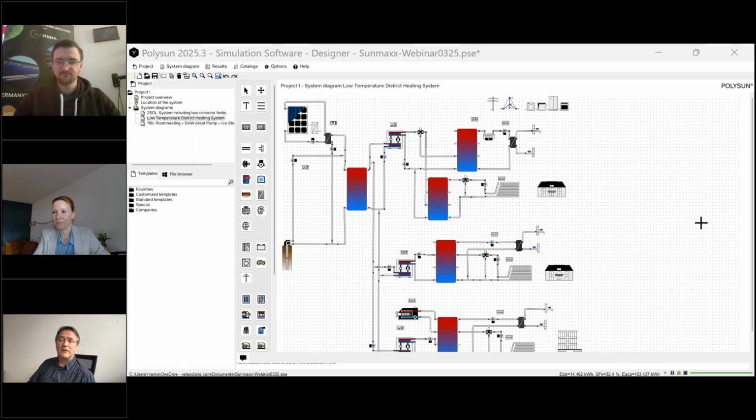Then another question is, can the SunMax system be combined with green hydrogen production? That's a very interesting one. Yeah, definitely. We have very high electricity and thermal demand projects there. We are talking about these possibilities in the planning. Actually, it's not a real life project, but we are planning something like this.